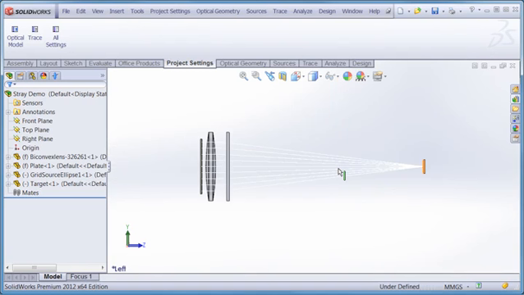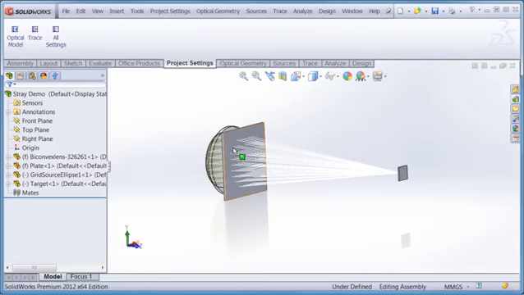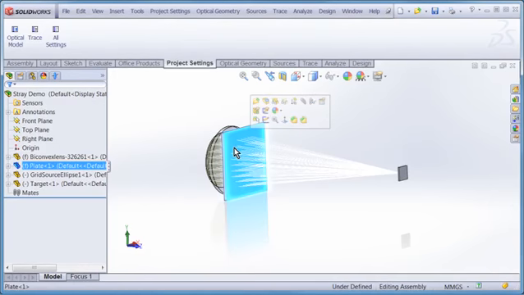Now what I'm going to do is show you some other new capabilities that have been added to the software in terms of some of the enhancements in the area of doing stray light analysis. But in this case, I'm simply going to apply it to this system using a diffuser. So what I'd like to do is take our little window, and just on the back face,